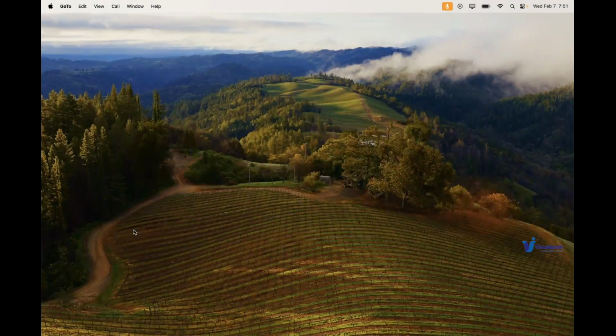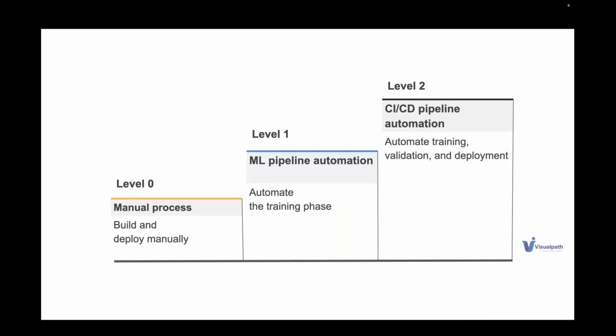I think for confirmation, let me quickly jump onto these things. So we are progressing towards level 1. So what do we mean by level 1? Level 1 is nothing but you automate the training process. As we saw a diagram yesterday, we'll again see the architecture.